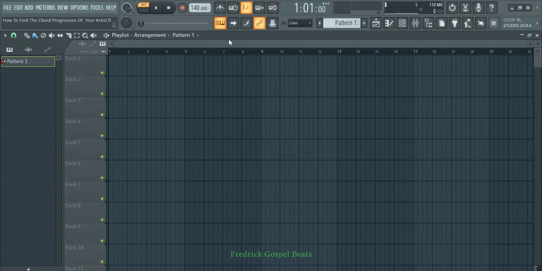Just keep on practicing. Practice makes someone perfect. There's nothing else outside practice which will make you able to do what you've been failing to do. So keep on practicing. And the other thing, know music theory. If you don't know music theory, you can't come up with chord progressions. So learn music theory. I've done tutorials about music theory, and there's a common chord progression for most of the